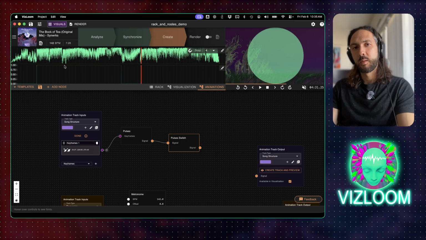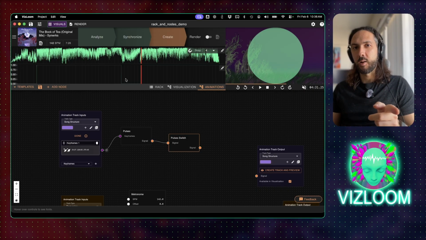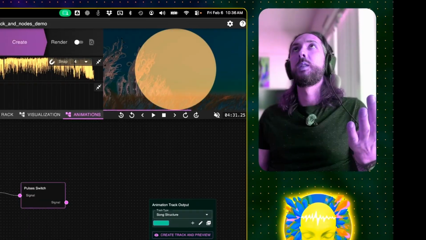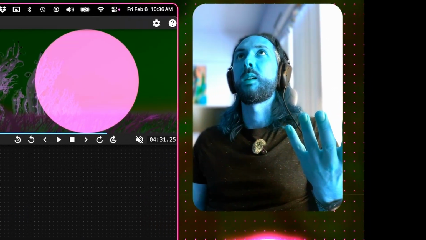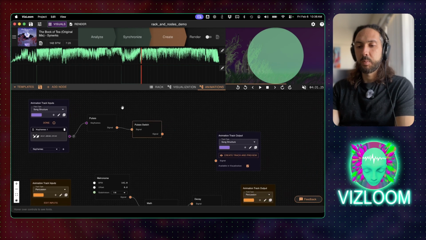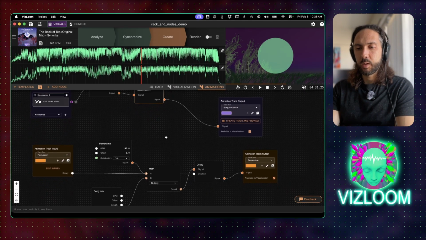When it's up, we are dancing, there is the rhythm. When it's down, we are not. And we are just basking in the beauty of the melodies and arpeggios, so to speak. So let's plug this into the animation track output so that we'll be able to preview it from the rack view, but we'll also